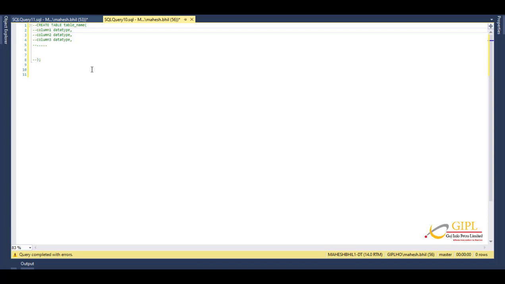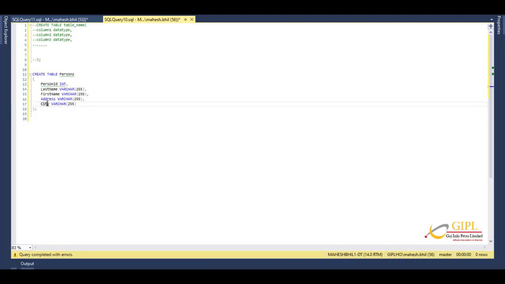So now let's create a table as an example to have a clear idea. Let's create a table called person that contains 5 columns: person ID, last name, first name, address, and city. So here it goes: create table persons, person ID, last name, first name, address, city.